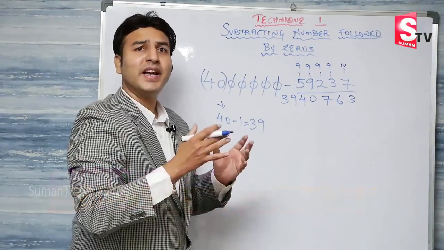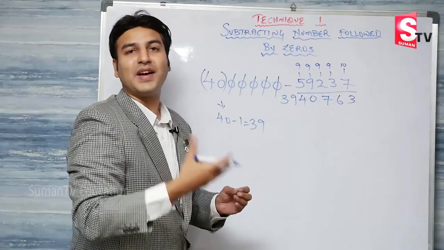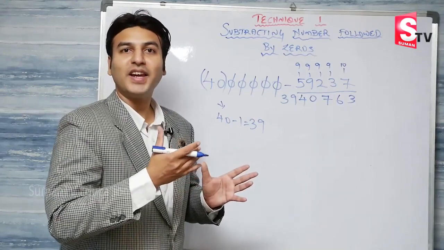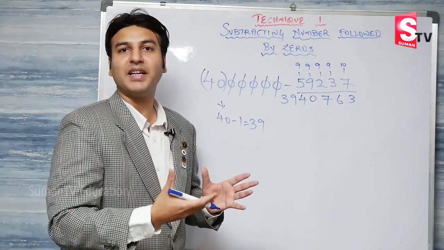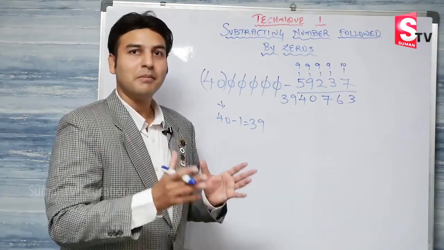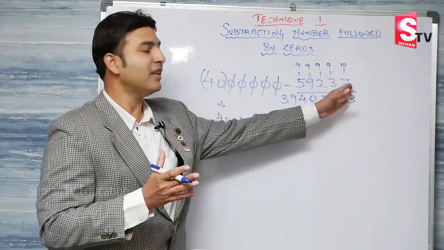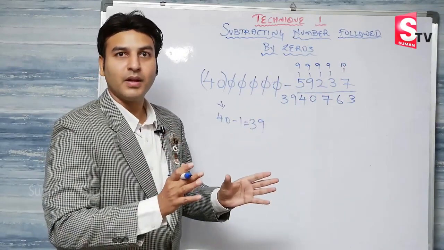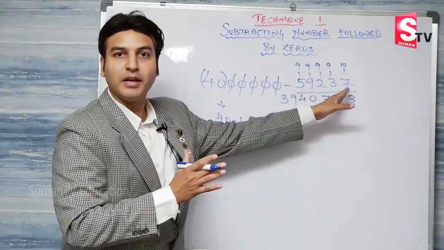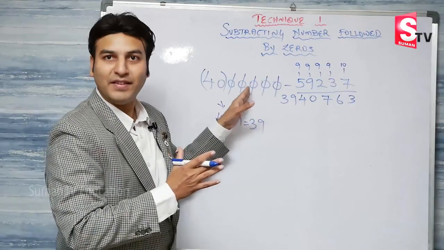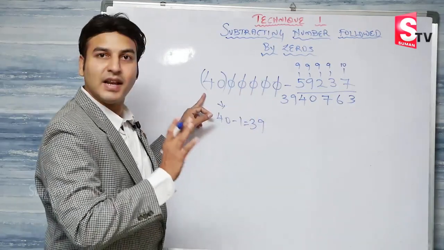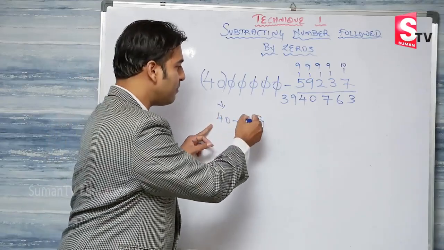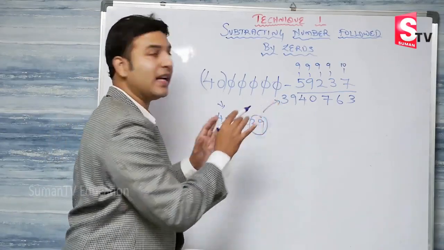So it won't take a lot of time. The best part is in speed maths you can get the answers at the fastest possible time. The advantage with this particular technique is you can get the answer at the fastest possible time. In fact, it just takes a few seconds, because all I did was subtract the units digit from 10 and then subtract the rest of the digits from 9. And finally, since this is a 5-digit number, I slashed out these 5 zeros, and whatever number is left, that number has to be decremented by 1.